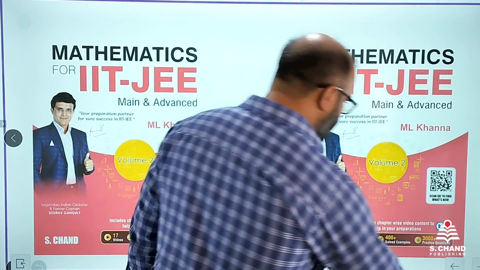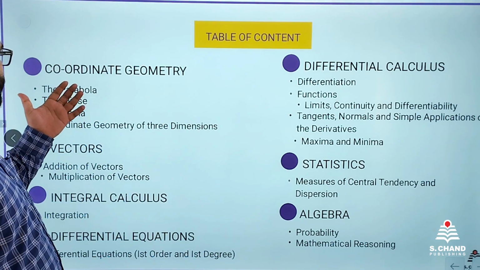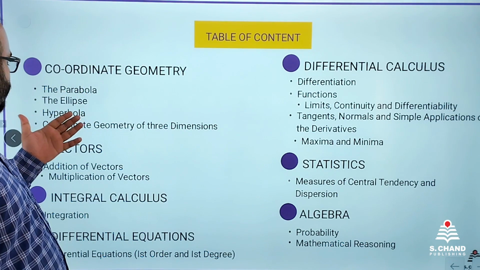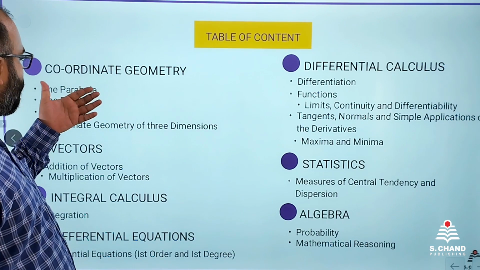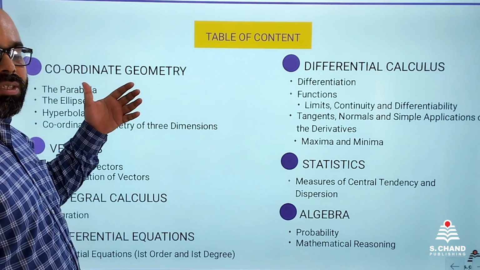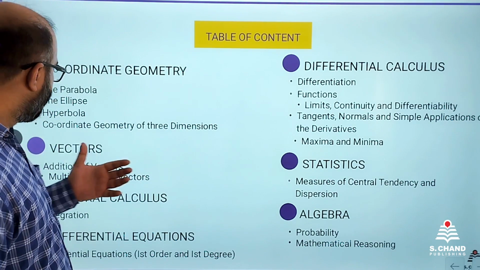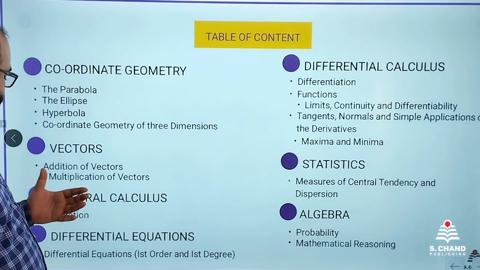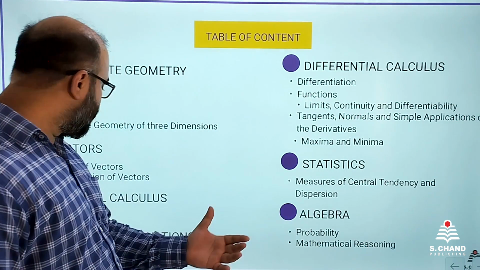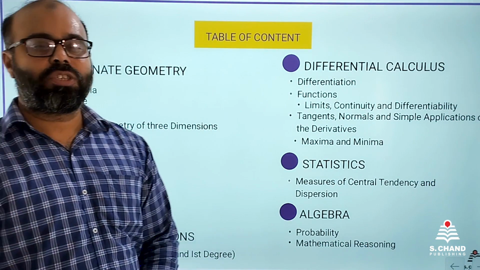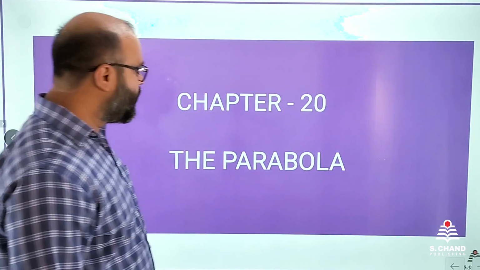If we talk about the chapters here, there are four topics of coordinate geometry: parabola, ellipse, hyperbola, and coordinate geometry of 3 dimensions. This is volume 2 of the book. Volume 1 was already discussed. Then we have vectors, and a few chapters: integral calculus, differential calculus, and then we have statistics and algebra. These topics are there. So the chapter which we are going to discuss in this video lecture is parabola, which